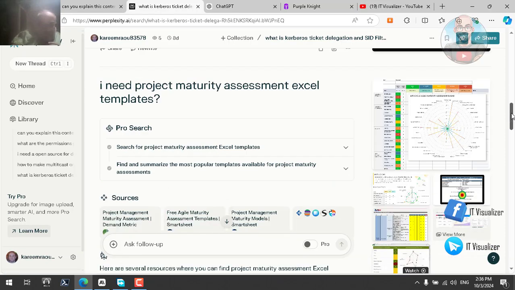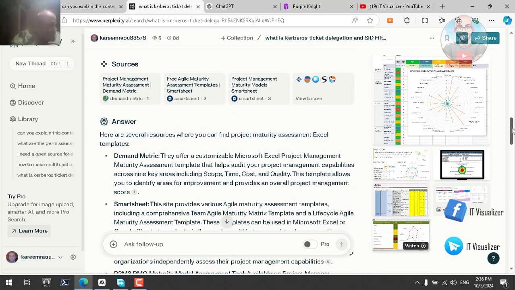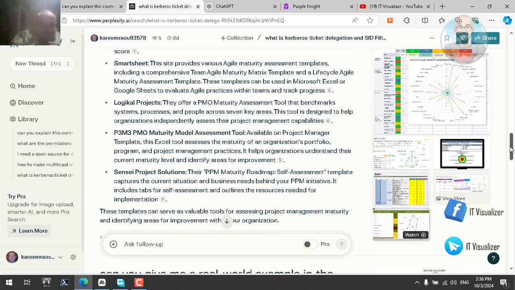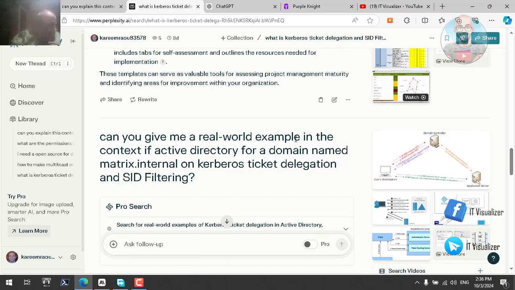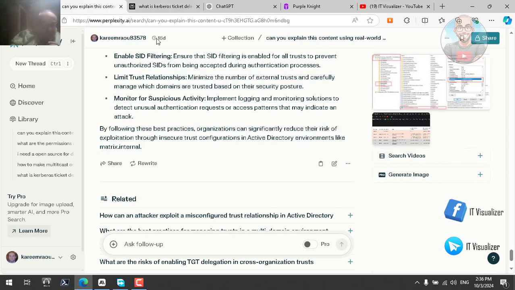So with this explanation of Kerberos ticket delegation and SID filtering, we can now ask it to give us a real-world example in the context of Active Directory for the domain name matrix.internal. So we need to know what Kerberos ticket delegation and SID filtering are. We need two examples of how we can delegate a Kerberos ticket and how we can do SID filtering. We have seen also through Perplexity that if two options are enabled on these two features, the Kerberos ticket and the SID, this can lead to